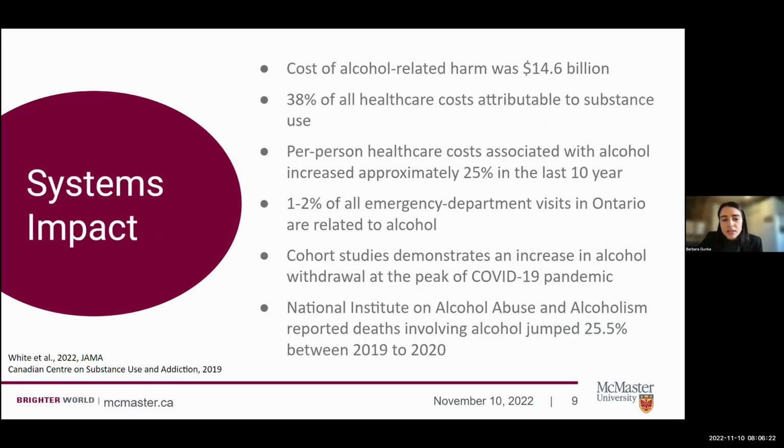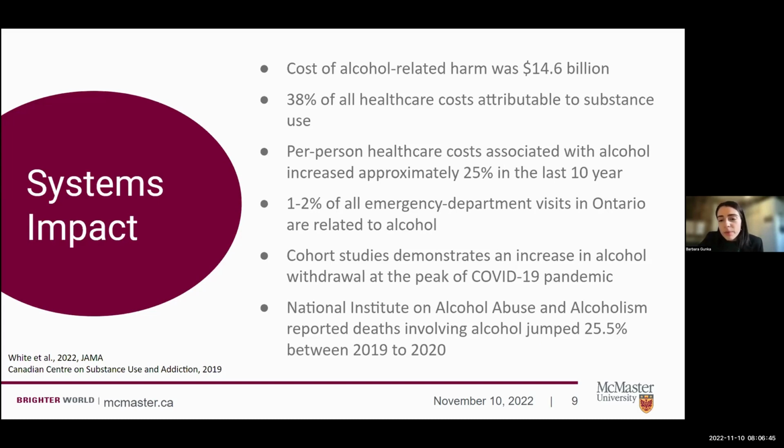And so looking at the system's impact of this, I was kind of shocked to learn this, but the cost of alcohol-related harms is $14.6 billion annually. And when we look at breaking that down, that's $6 million for lost productivity due to disability and death, $4.2 billion in healthcare costs, and then $3.2 billion in criminal justice